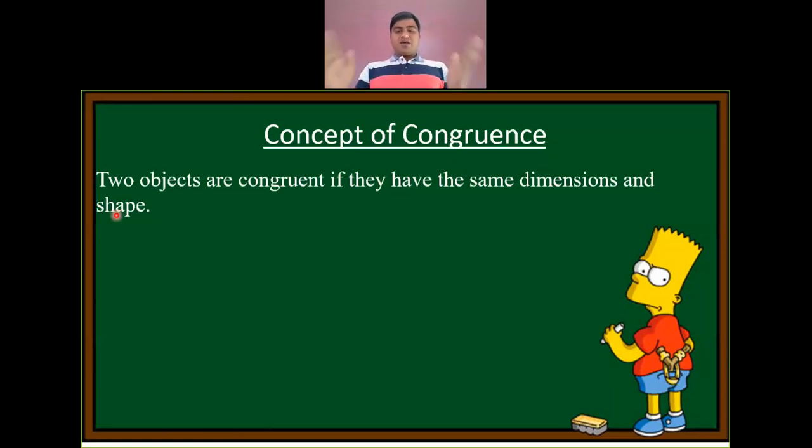As for example, this is my two hands, this is my left hand and this is my right hand. If left hand is coincident with right hand, so therefore these two hands are congruent to each other. So if two objects are congruent, then two objects are called congruent to each other. Clear? Now give an example of shop.